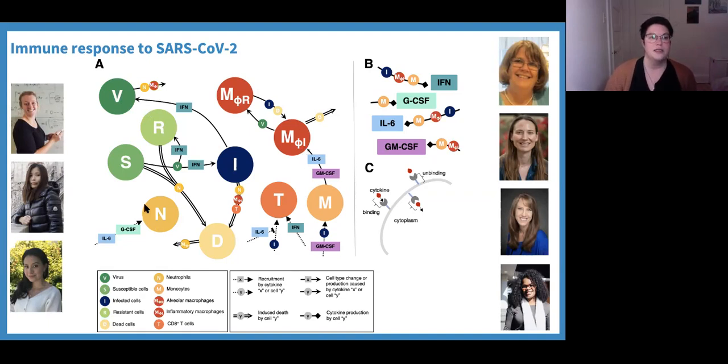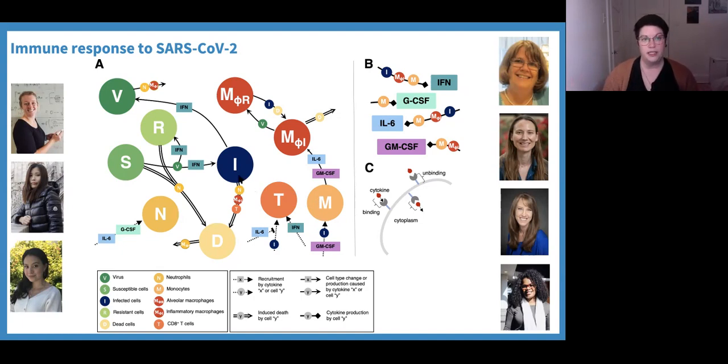mentioned earlier. So neutrophils that can come and clean up virus, but that also, if there are too many of them, will cause damage to the lung cells. Tissue resident macrophages that convert into an inflammatory macrophage subset, and these inflammatory macrophages clean up debris or dead and damaged cells. Monocytes that can convert into the inflammatory macrophage subset, and CD8 positive T cells that come to really